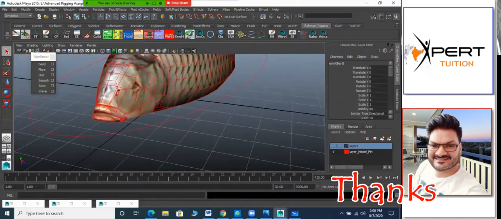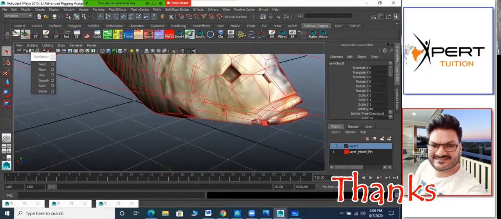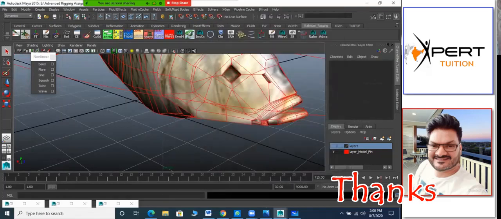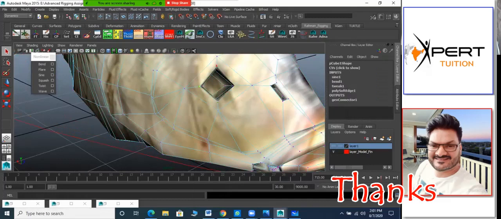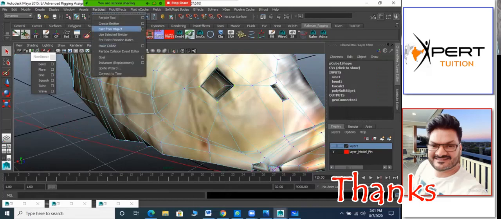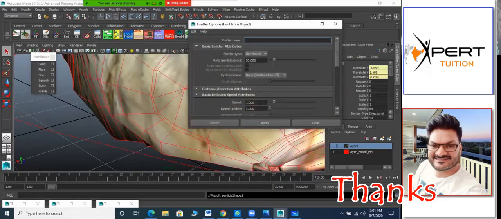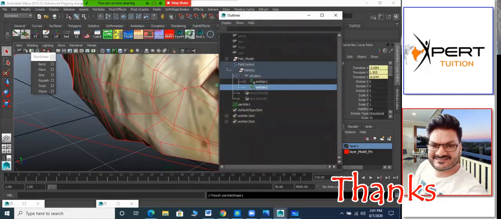I clicked the wrong thing, the wrong tool. I clicked the create emitter. So it got created on the grid directly. We don't want that. We want emit from object. So these two I am deleting. We need to tell Maya to emit from this vertex, so we have to select the vertex again. Remember, emit from object. Then only the vertex becomes an emitter. Directional, omni, doesn't matter, apply. It got created. Again go in that, an extra particle got created, just delete the particle.